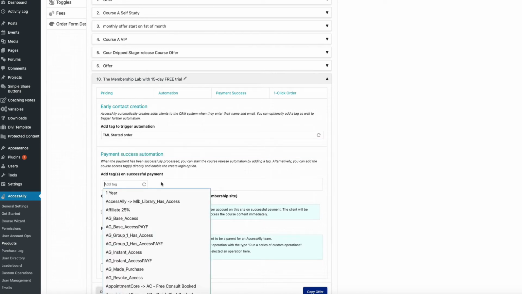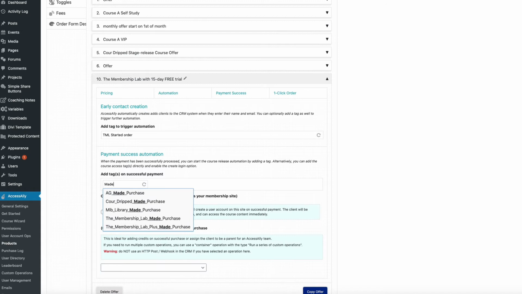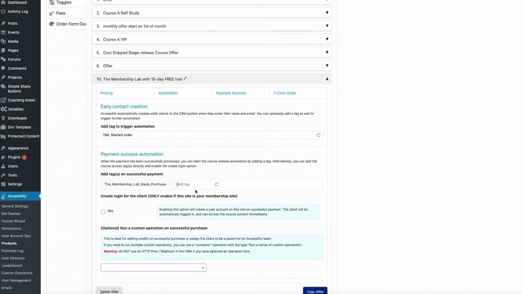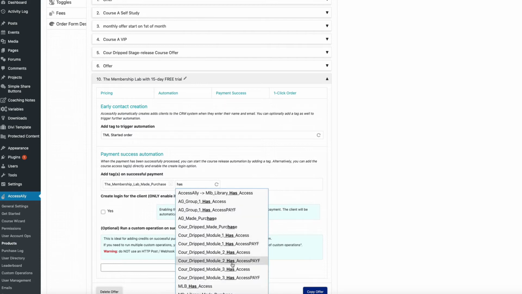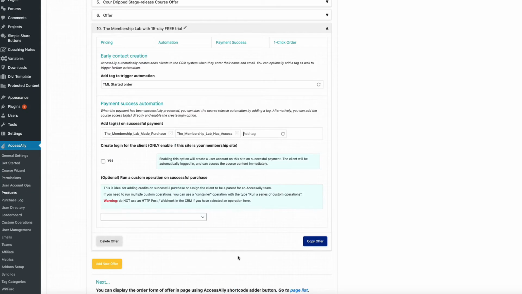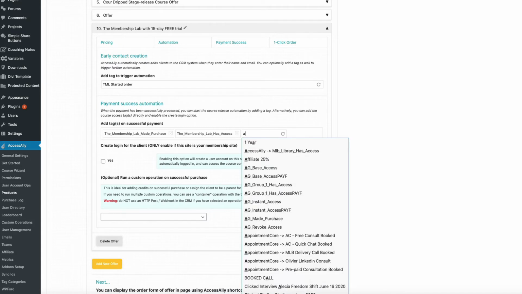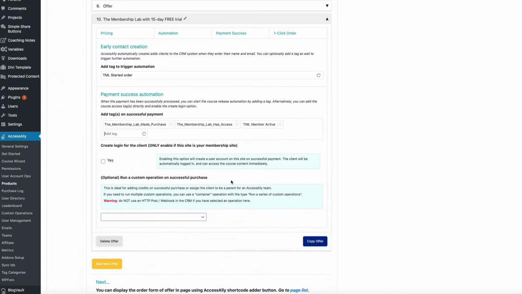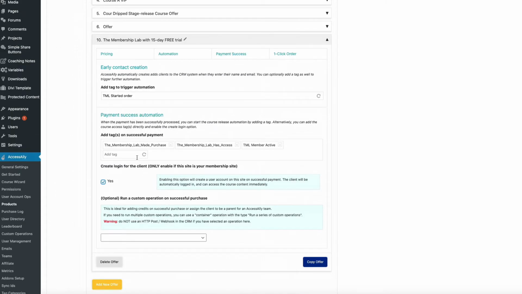And then here, on successful payment, I'm going to give them the made purchase tag. And here I am going to give them the access tag. Here we go. And then I also have an active member tag. Here we go. And then here I click yes so that the account is created right away on successful payment.